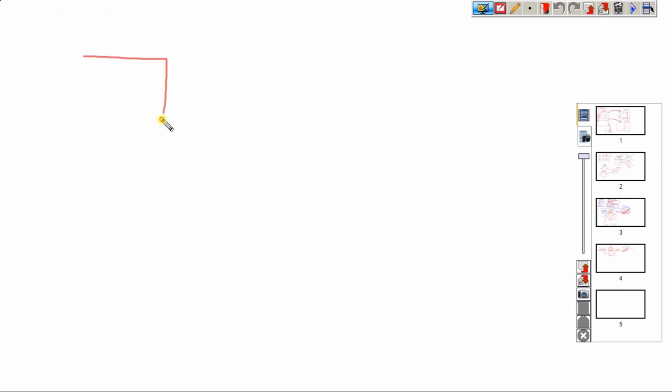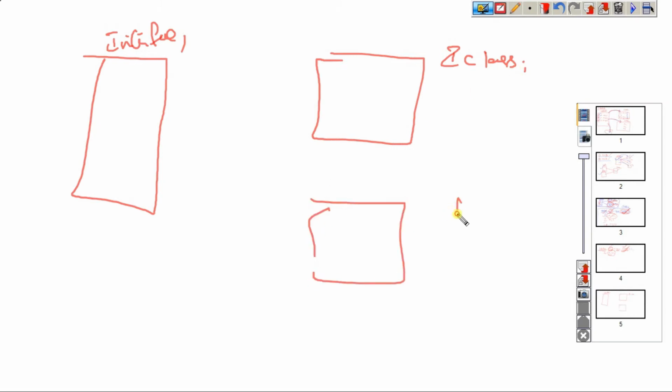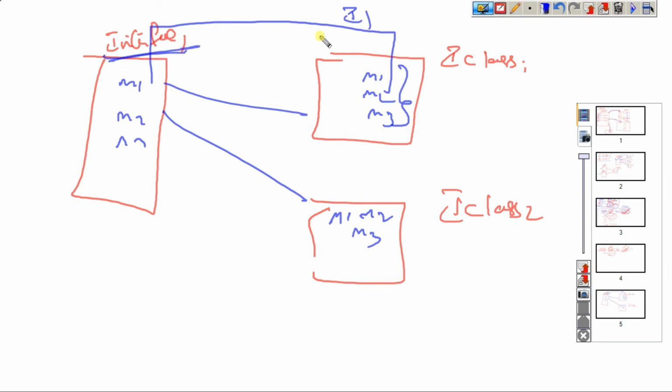So that is interface 1, I class 1, I class 2. If you access method 1, method 2, method 3, these methods are implemented here. But if you want to access these methods, you create this combination of object reference I1: interface 1 I1 equal to new I class 1.